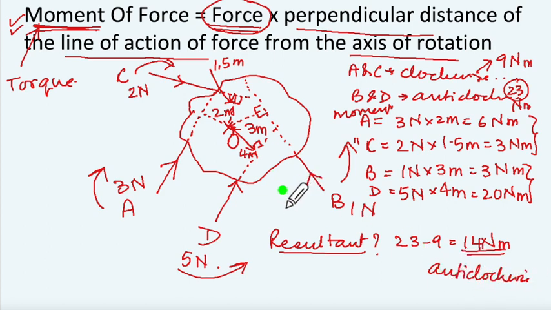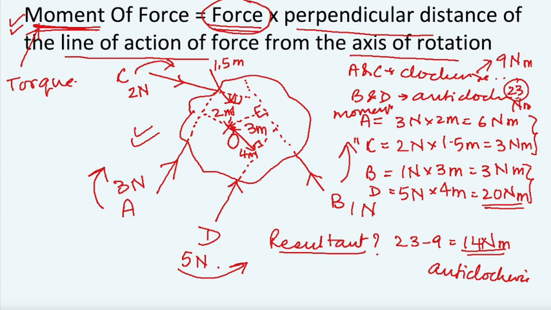So what are the questions that can be asked? The least moment from here, we cannot be given that because both of them are 3 and 3. Supposing I had kept over here 1 meter, then this would have been 2 Newton meter, and so I would have had C having the least moment. Which force is having the maximum moment? This one. It is 20 Newton meter anti-clockwise. Alright, so these are some of the questions that can come on this. This diagram is important. You have to pay attention to this.